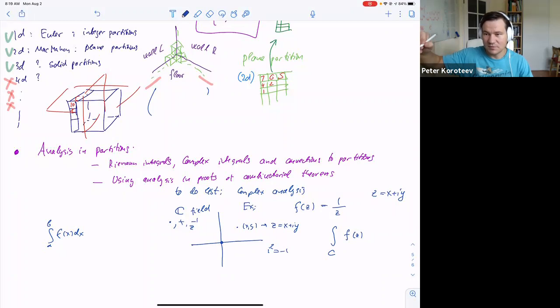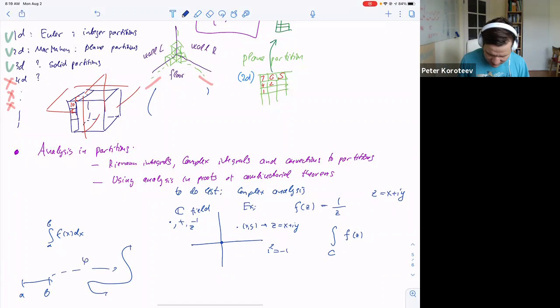How do you integrate over a curve in this Riemann sense? You still do your integral from a to b, but then you compose it with the function phi of t, where this parameter t runs through the segment, right? So t is between a and b, and this is phi of a, phi of b,